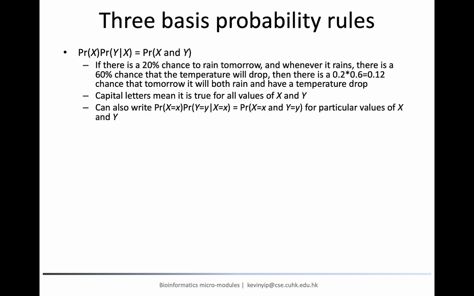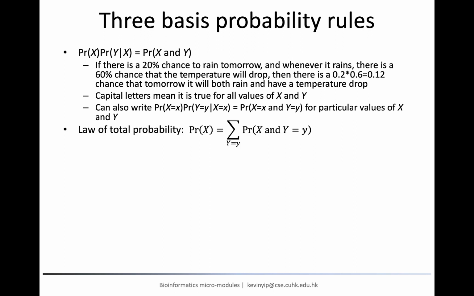Here, we use the standard convention that a capital letter denotes a variable and a small letter denotes a possible value of it. In our example, capital letter X is the binary variable of raining tomorrow, and it has two possible values, namely true and false. We can write specific values in the formulas when it makes the explanation clearer.